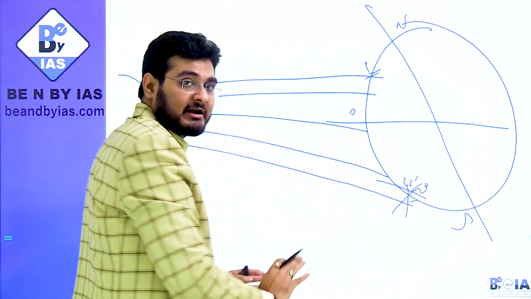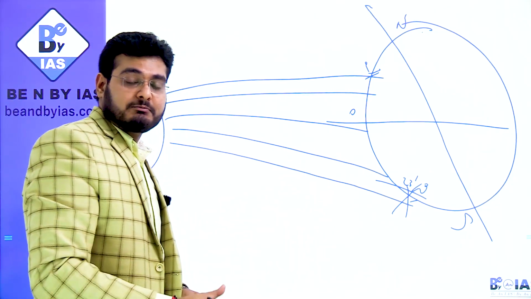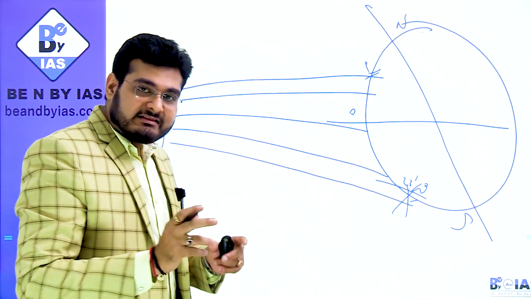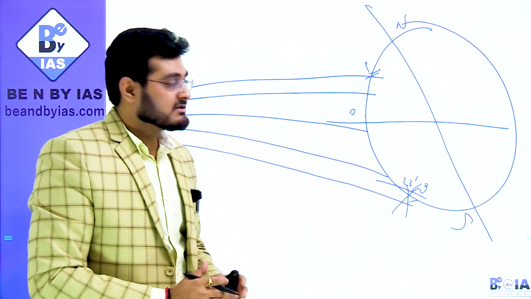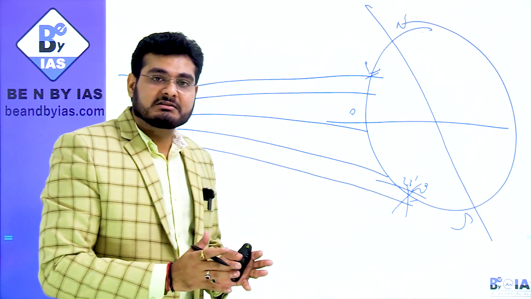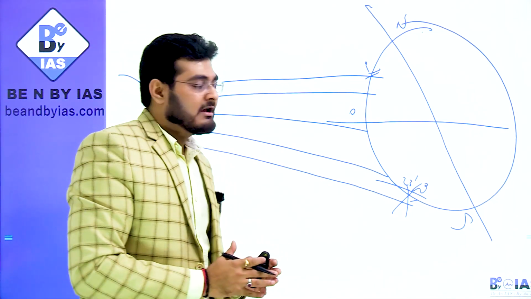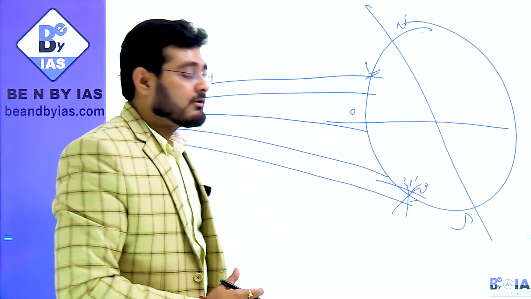After torrid there is temperate, again less amount of sunlight, and then very minimal sunlight which falls on poles, that is 90 degrees. And this is the reason why the polar regions are always covered with snow and ice, because sunlight cannot reach there, and that is why there is very cold temperature of minus 80, minus 100 degrees Celsius, and that is the reason why the colder regions are towards the pole.